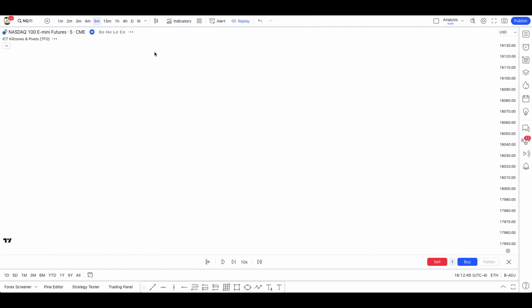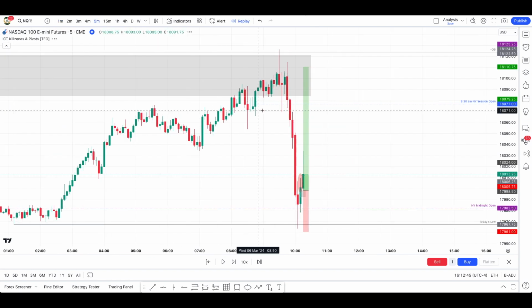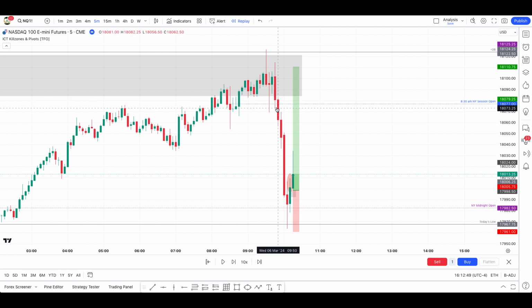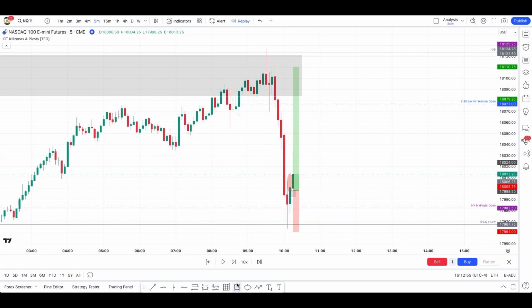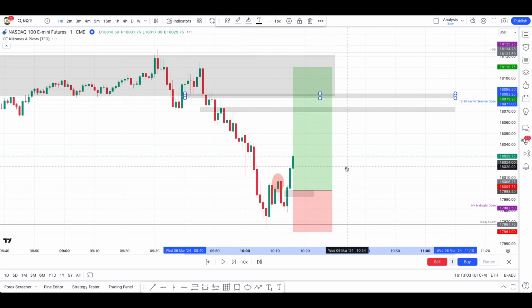And also remember when I was on the 5 minute that I told you that there's this fair value gap and this fair value gap that I could see fill up. Well, those are also perfect places to take some partials. But I don't personally take partials. I don't move my stop loss. I just let my trade run. Let's see if we can get a comeback.